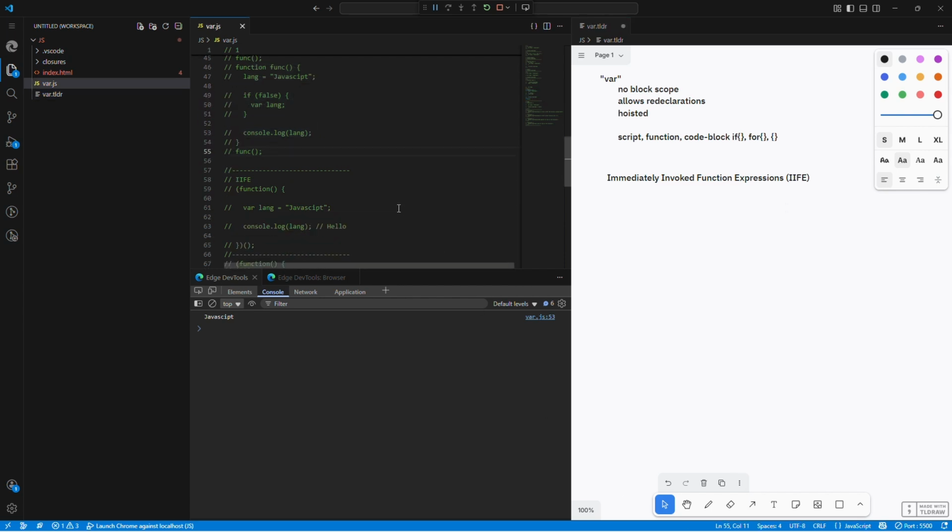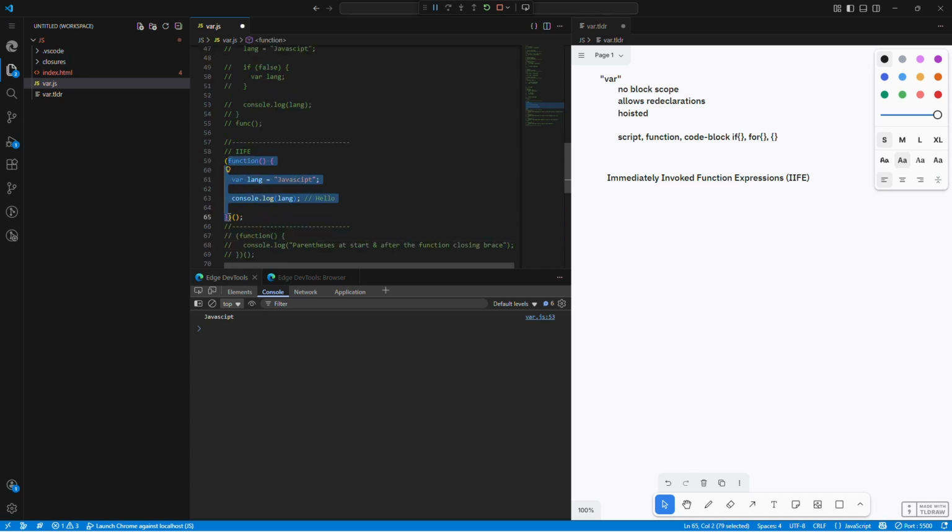Okay, so how does it look? It looks like this. When you put the whole definition of the function itself inside two parentheses and then call the function at that time, the function gets called at the very moment it is defined, and you achieve a block scope. And how? We apply our lexical environment theory. So at the function call itself at line 65,